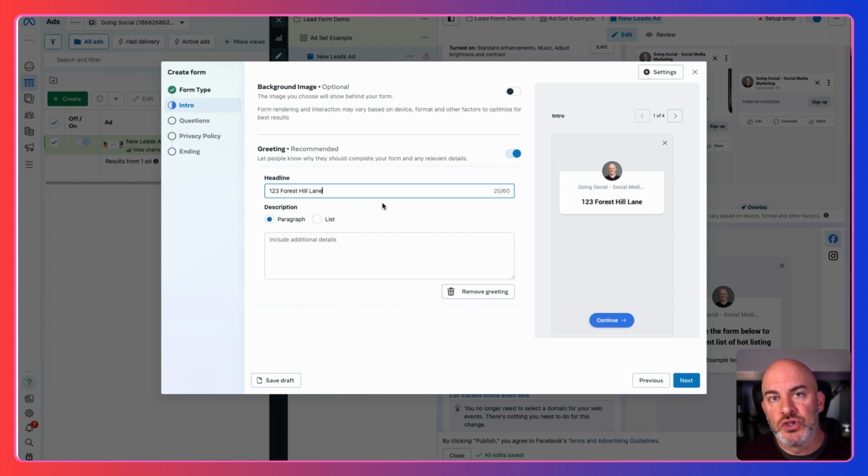I always recommend you choose a headline that is consistent with the point or the goal of your ad. So if you're promoting real estate, make it about that real estate listing that you're promoting. If you're promoting, let's say HVAC, heating and air conditioning, have it something to do with the ad so that it is consistent when someone clicks on that. And then an opening paragraph, and this will just say,